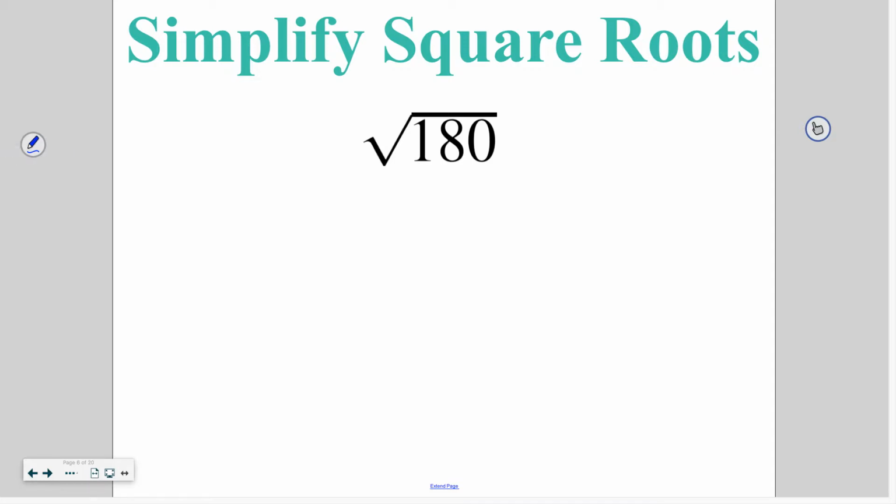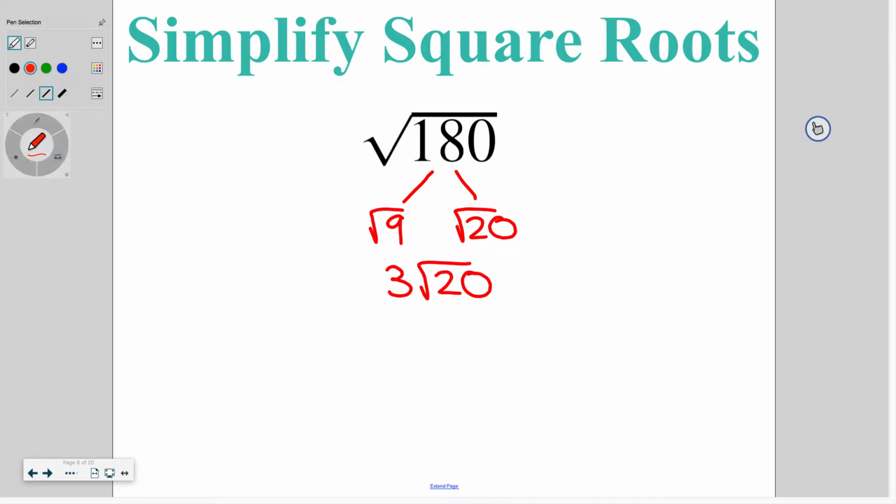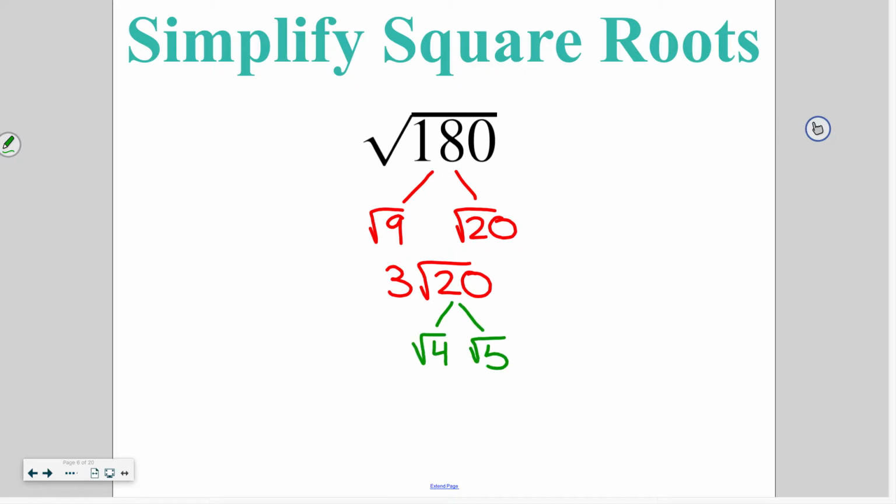I'm looking for things that can divide it that are perfect squares. So in this case, I know that 9 can divide 180, and that's 9 times 20. The square root of 9 is 3, so right now I have 3 square roots of 20. I'm going to go back and look and see if there's anything else on that list of perfect squares that could divide 20. There is, and that's the square root of 4. So the square root of 4 is 2, so now I have 3 times 2 times the square root of